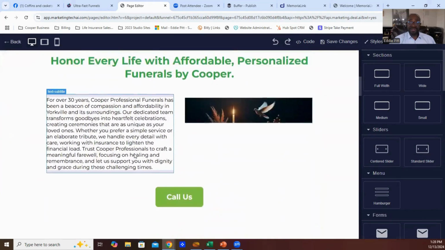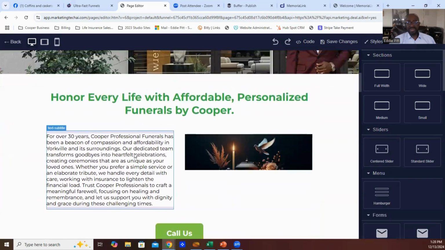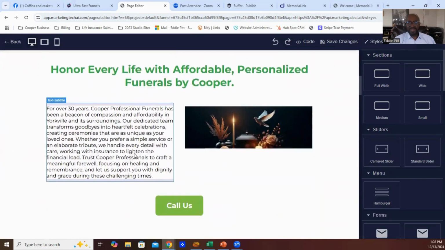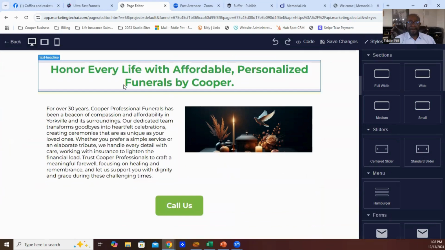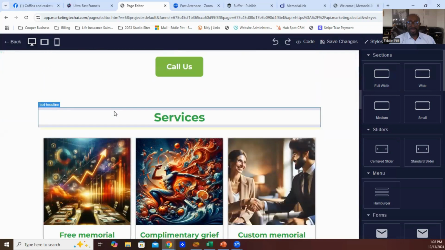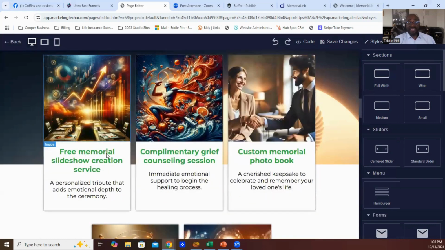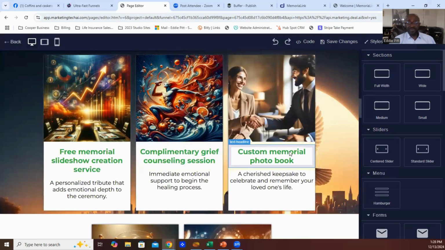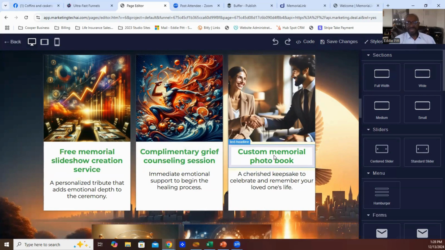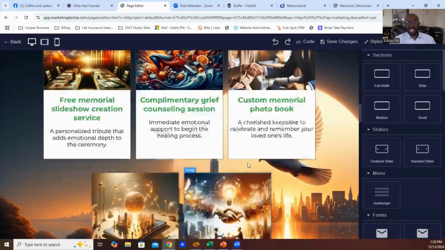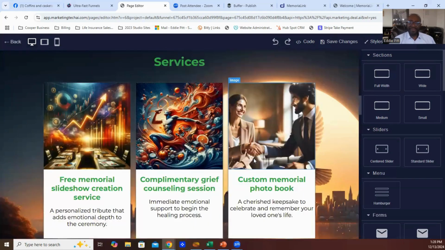30 years, the details. You got pictures that they pulled. It's operating really slow. It's my computer. But now here where you have services, free memorials, these taglines here, subtitles, make a big difference in you being found online. Those things have to be in place. All of those little things that we don't know anything about have to be in place for you to have an effective campaign.